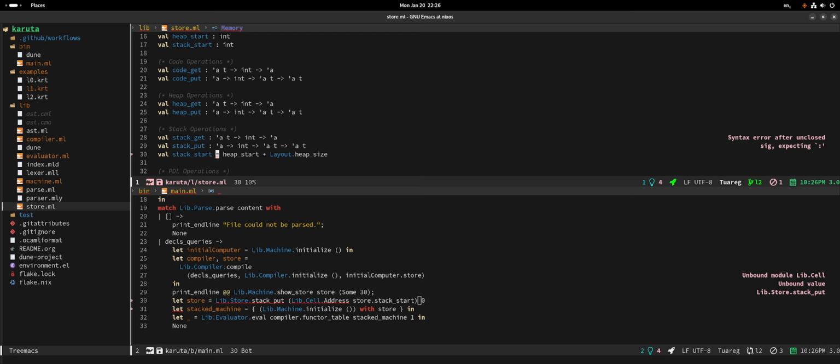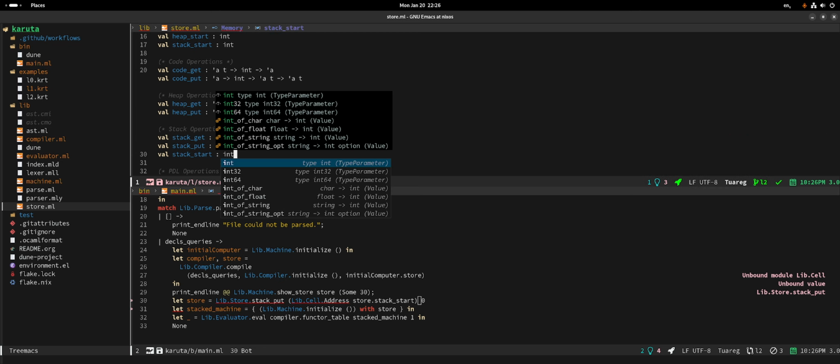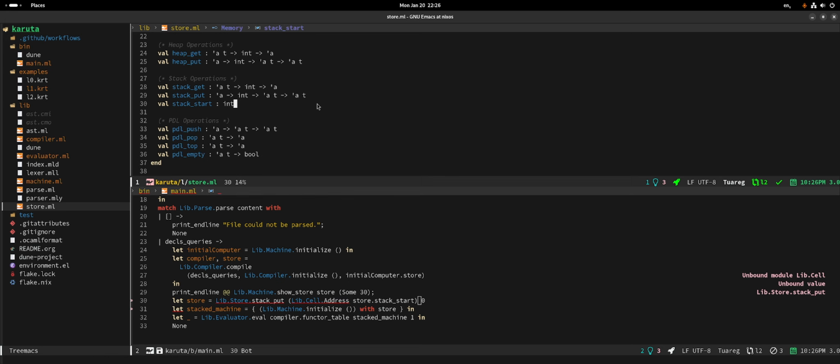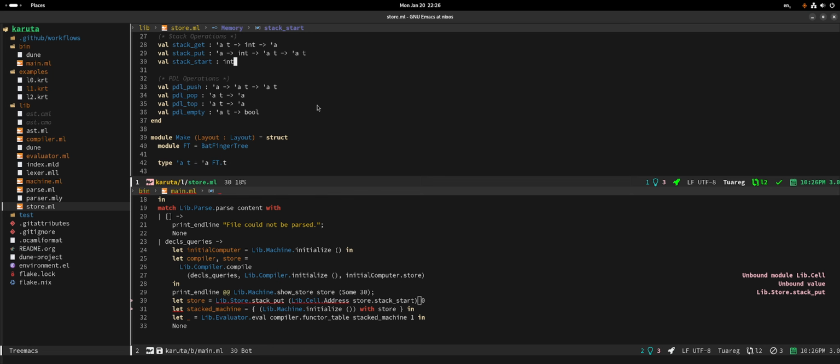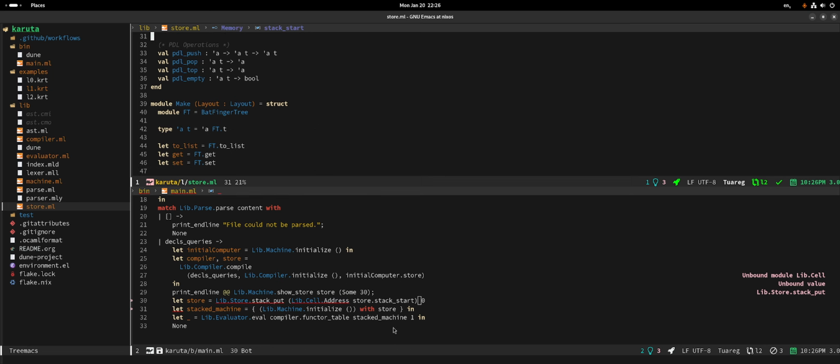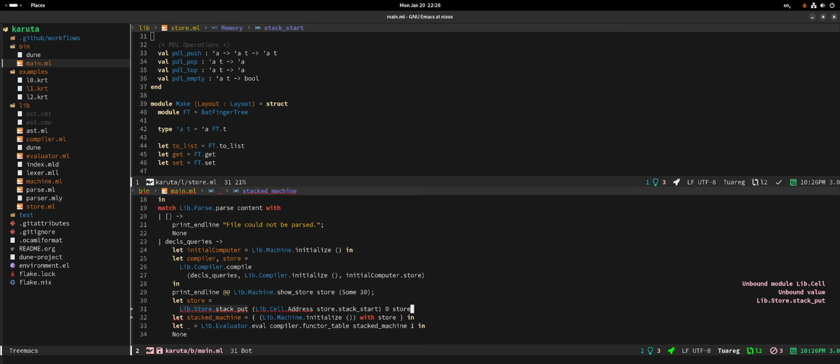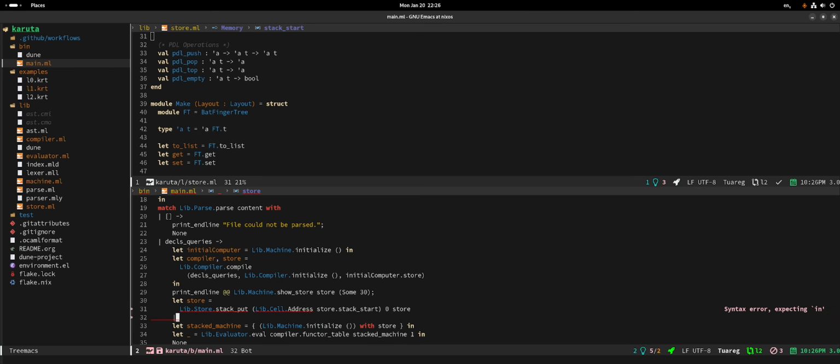Vol, and this is just an int. So there it is. I don't know if that's actually going to work, to be honest, but let's see. Yeah, and then we actually need to fill in a couple more things. The stack address 1 needs to be